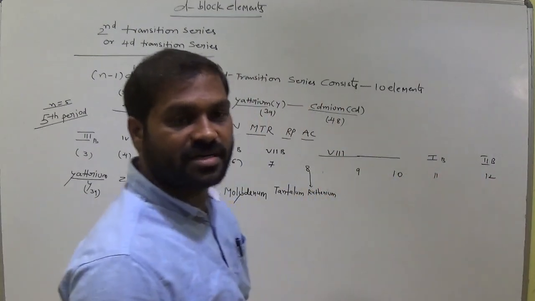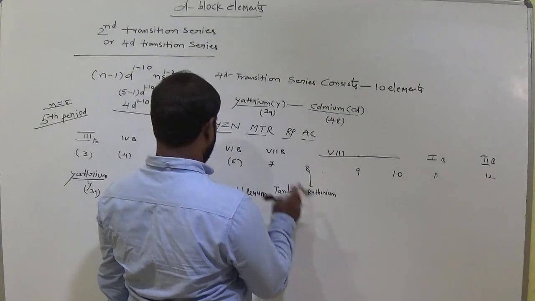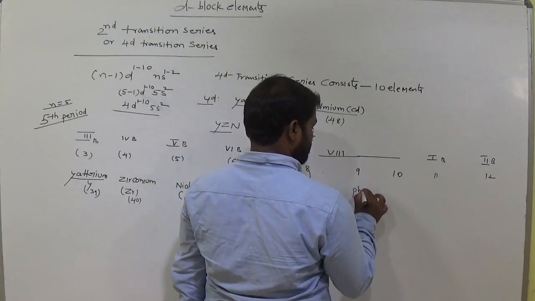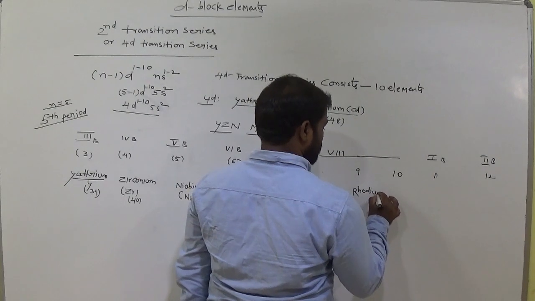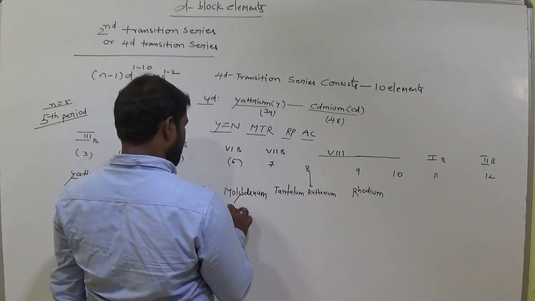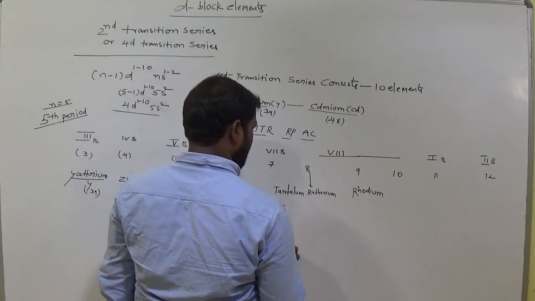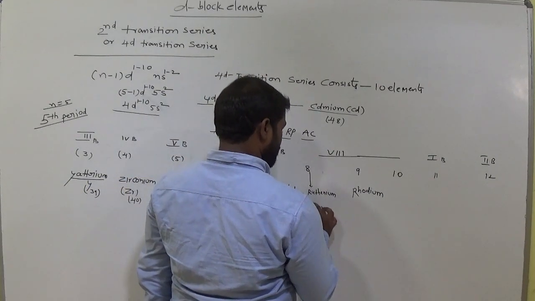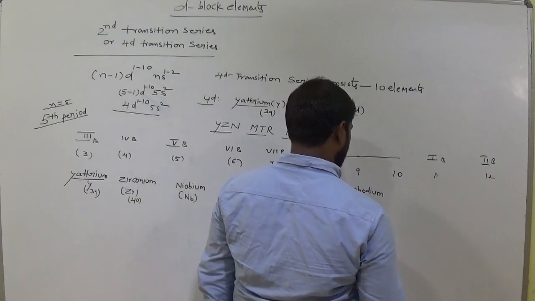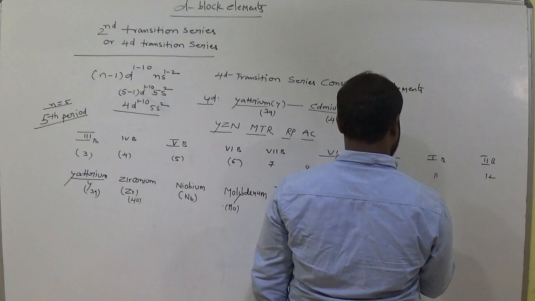Clear up to here? So after tantalum, R means ruthenium, and the next R means rhodium. Molybdenum, Mo, and tantalum, Ta. Ruthenium, Ru, rhodium, Rh, and P means palladium,